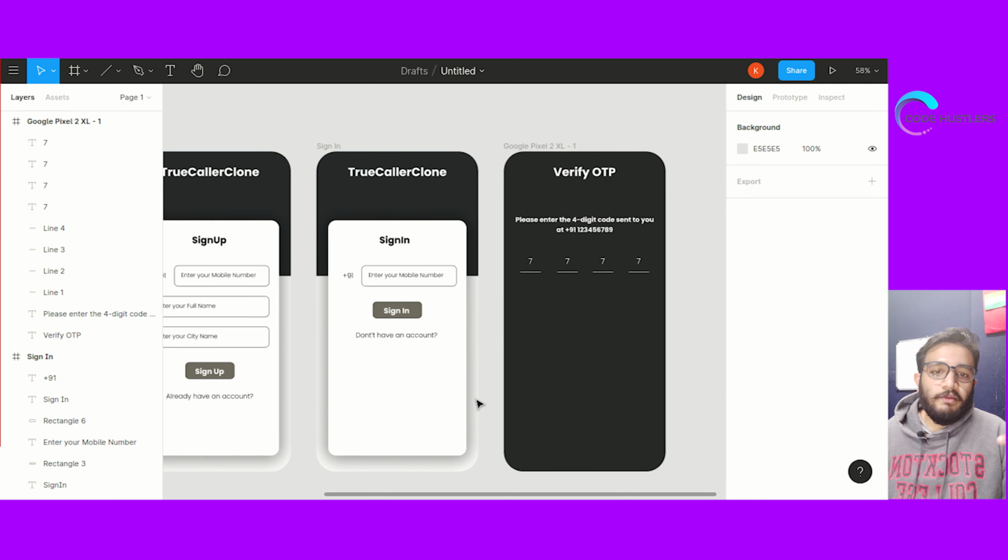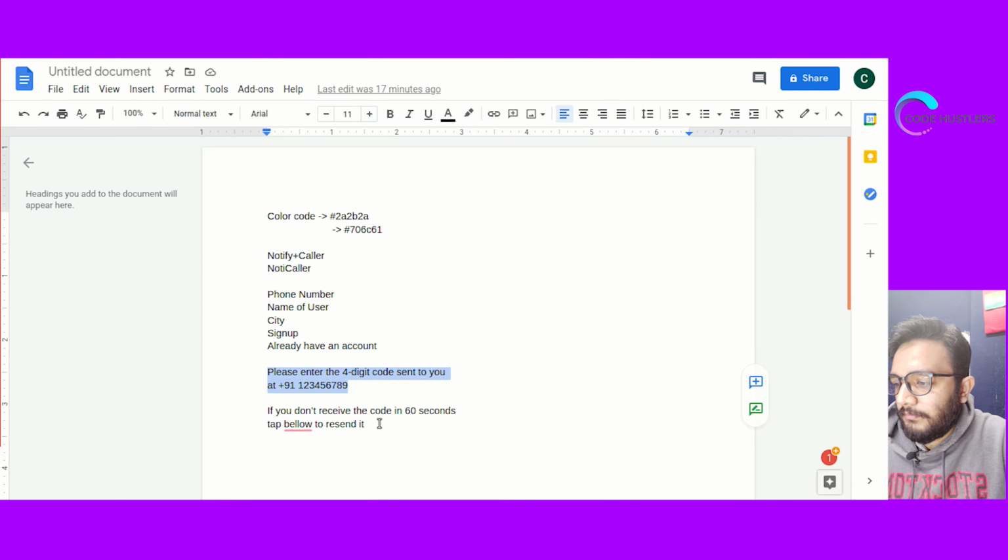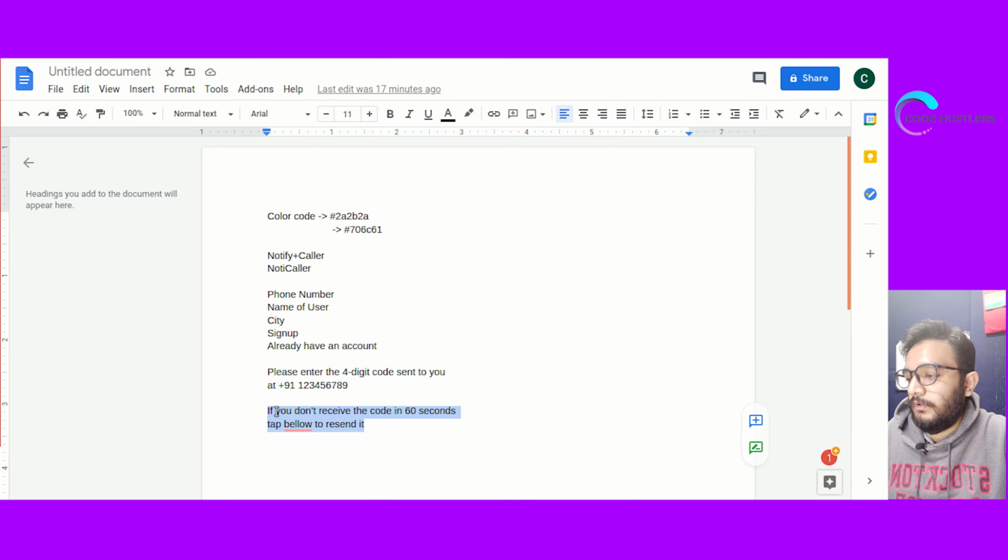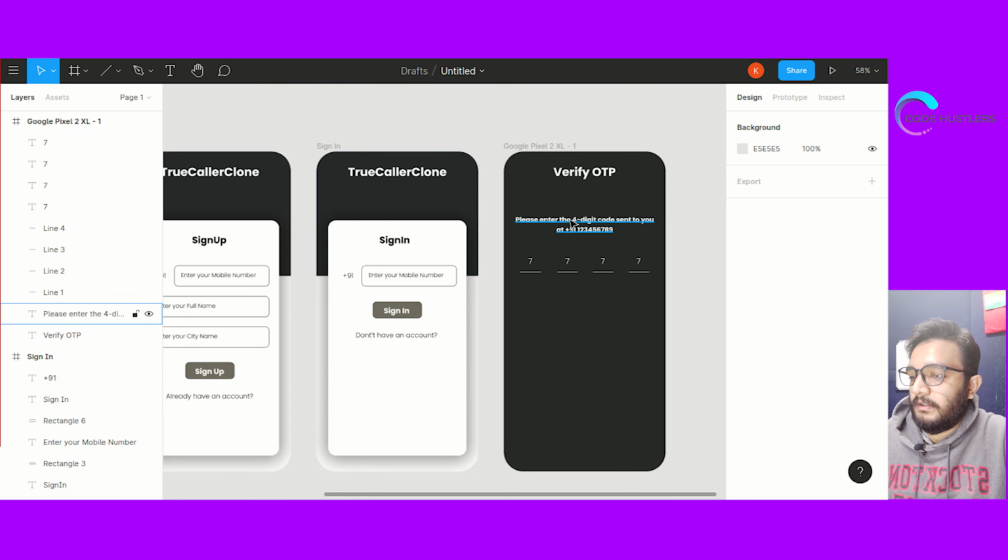Now we'll have to give an option to resend the OTP if they have not got the notification the first time, or something else, like they have entered another OTP or the OTP has expired. So we need to give some time, and after that we'll ask them to enter the OTP again.